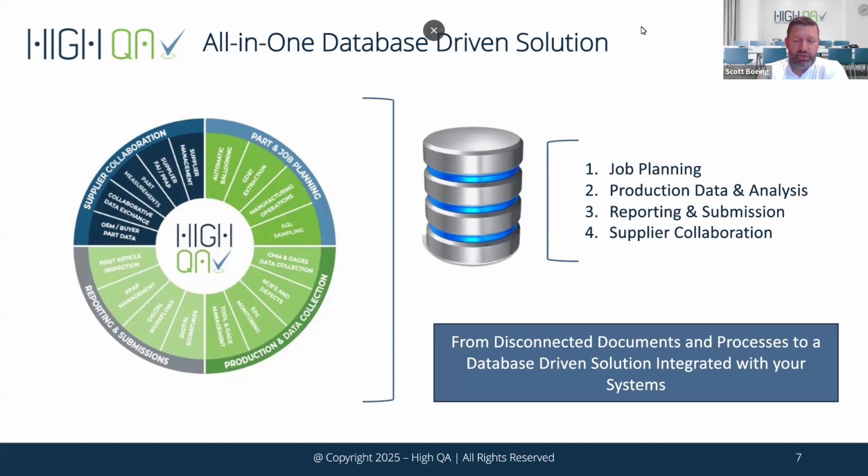job planning, we're able to start at HiQA by really doing an auto ballooning function, whether we're taking a 2D print or 3D MBD, and able to pull that information into HiQA and put that into our database, extract that GD&T information, and really do all the job planning and sampling, and get that ready to be inspected out on the shop floor. But once we're done with the planning, we're able to put that into production and really